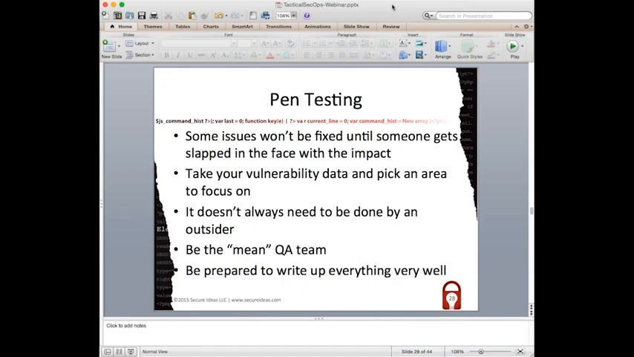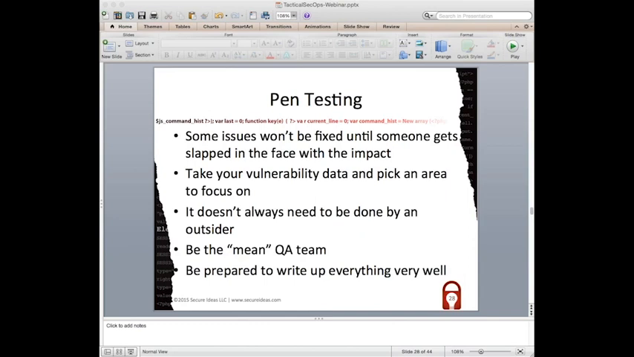One of the things that we'll get sometimes from some of our clients is, we need to do pen testing. We need to pull in Secure Ideas to do a pen test. We need to pull in a third party to do this. Well, not necessarily. You can go ahead and